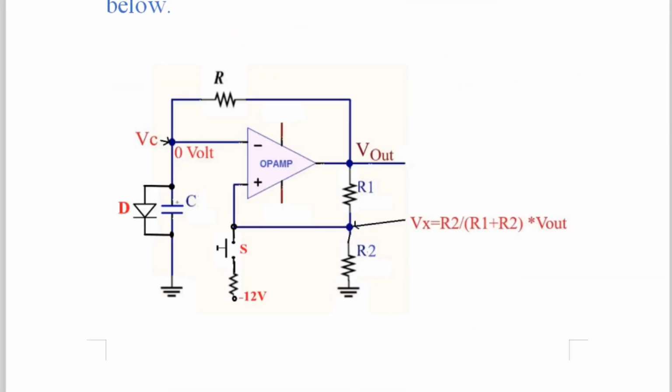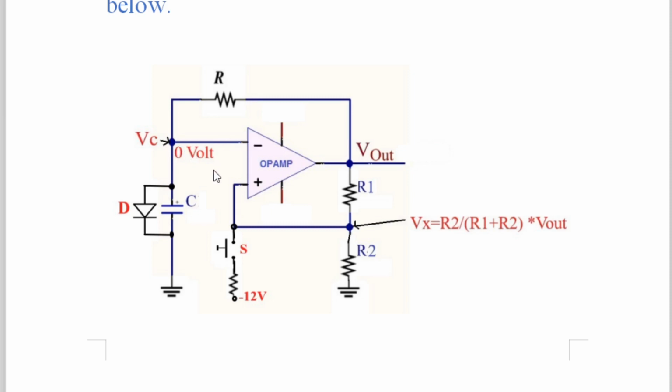So try to understand, the circuit diagram for astable multivibrator by using IC741, that is op amp, and circuit diagram for monostable multivibrator by using IC741 op amp is 90% same. Only two changes are there that I will show. See here, this op amp was there in case of astable multivibrator, it is here. This potential divider circuit was there in case of astable multivibrator, it is here. This feedback resistor R and then capacitor C was there, RC, it is here. Their capacitor voltage VC was 0 volt initially there, here also initially 0 volt it is there.